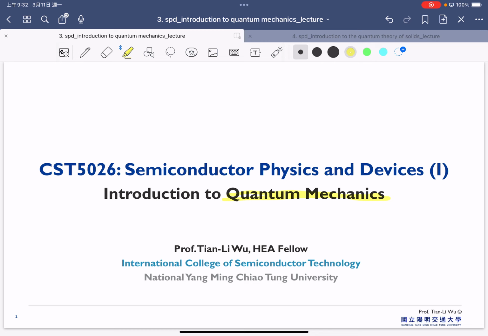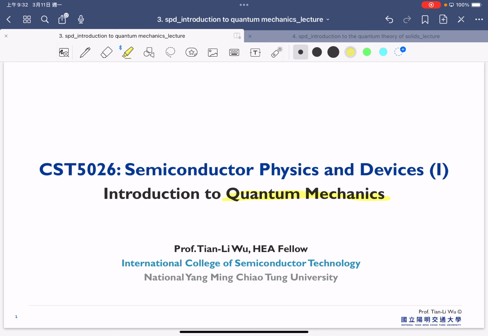And many researchers spend their whole life trying to understand quantum mechanics. But in our case, we only take the most important part, since this part is already enough for us to understand semiconductor physics, so we won't lecture the whole bunch of theory. We will just spend maybe one or two classes